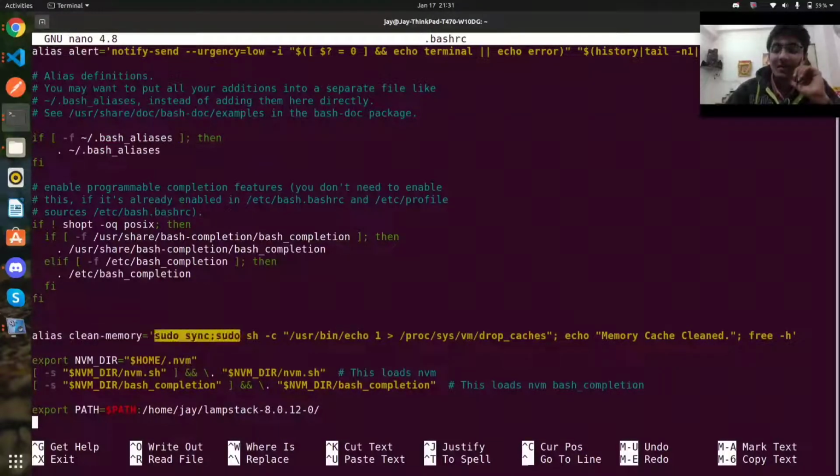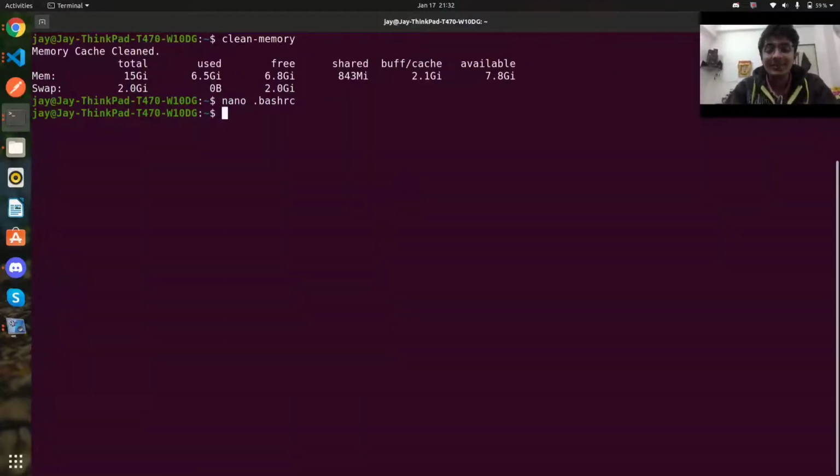This is the main set of commands chained one after the other, so as soon as one finishes, the next is going to execute. This is the main chaining I have done, this is the name I have given, and this is the keyword that we have to use in order to let the terminal know that this is an alias. After writing our alias, press Control O in order to save it, hit enter and then Control X, and then what we have to do is